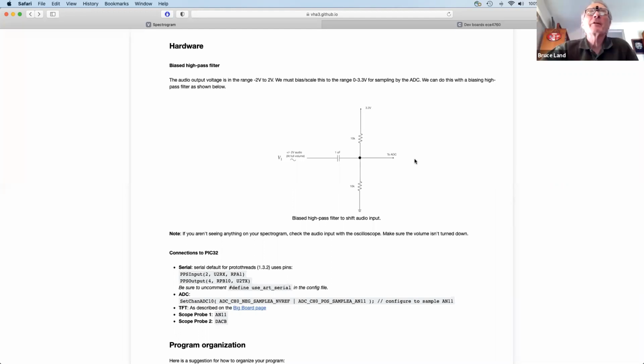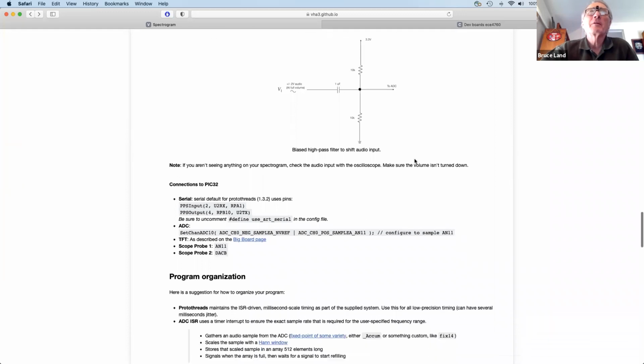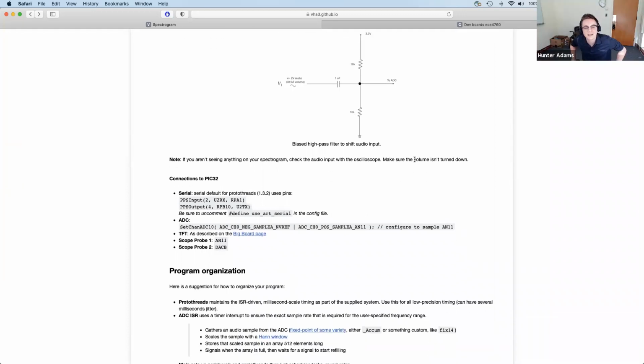Hunter, are you going to have the oscilloscope probe hooked up to the output of the low pass filter? Yes, I am. Yeah. So that's the next thing I was going to bring up. For this lab, your scope probes have been in the same place in your circuit for the first two labs. They've both been on the DAC outputs for labs 1 and 2. For lab 3, I will move scope probe A or scope probe 1 to the